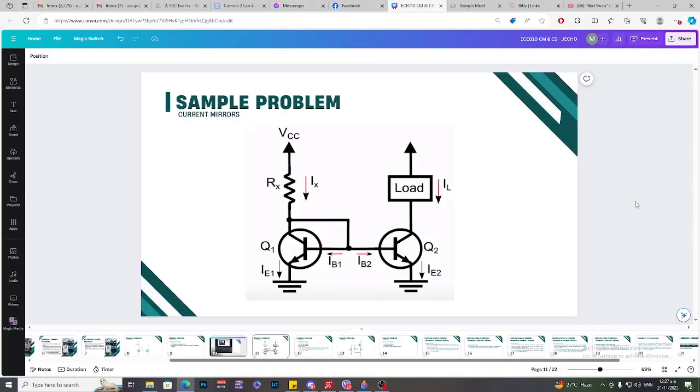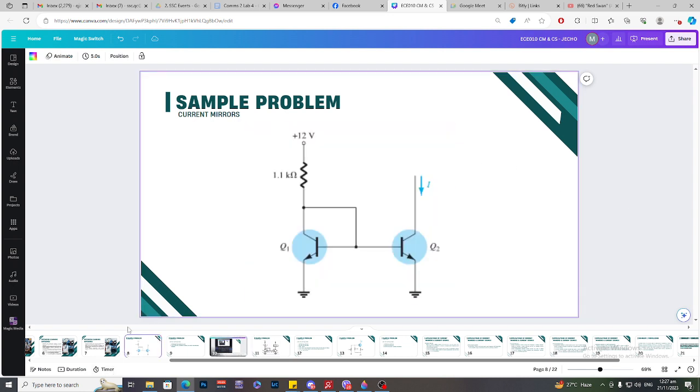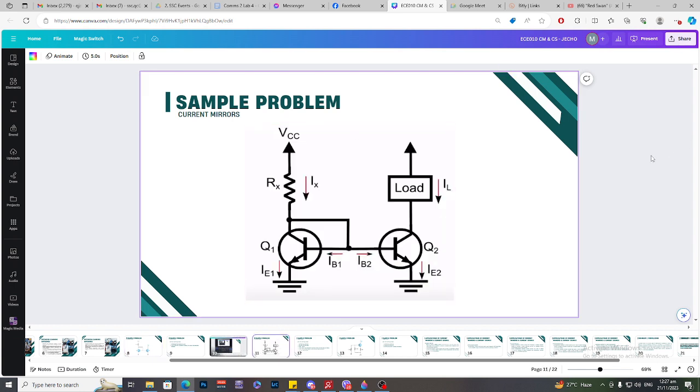Alright, so for the second sample problem about current mirrors, here is the circuit from the last sample problem. It is just simple with the values given, but on this second sample problem, there are no values given, but the components are shown and labeled properly. Here we can see there is a VCC, the RX, the IX, the Q1, IE1, IB1, IB2, IE2,